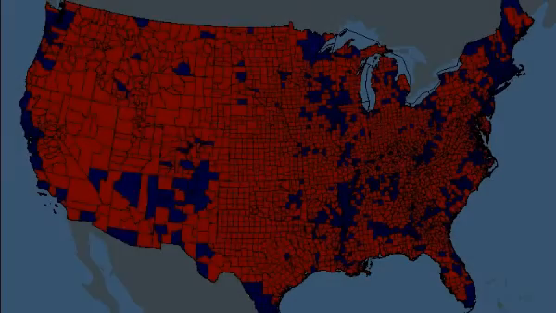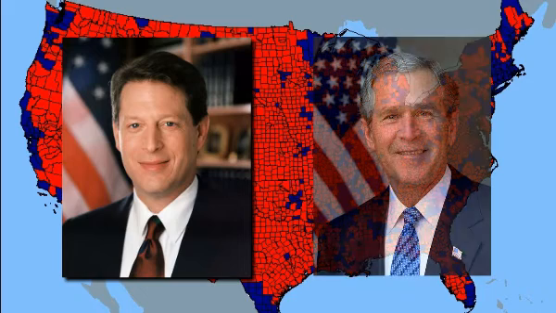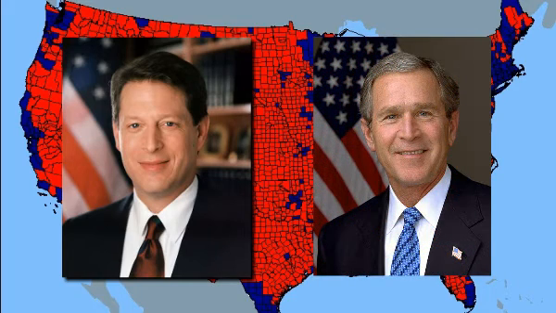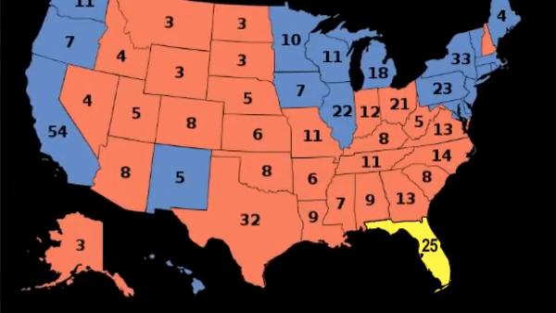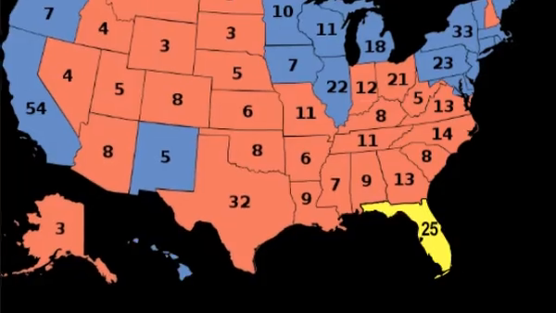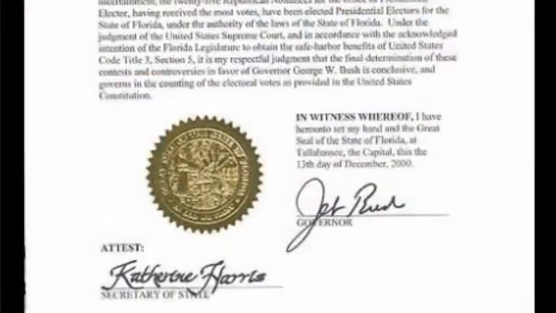In 2000, Florida was once again at the center of a disputed presidential election. Democrat Al Gore won the popular vote by almost 500,000 votes. With 49 states accounted for, he led the Republican, George W. Bush, in the Electoral College 266 to 246. Florida's 25 electoral votes were enough to give the electoral vote majority to Bush. Bush's margin of victory in Florida was less than 2,000 votes.